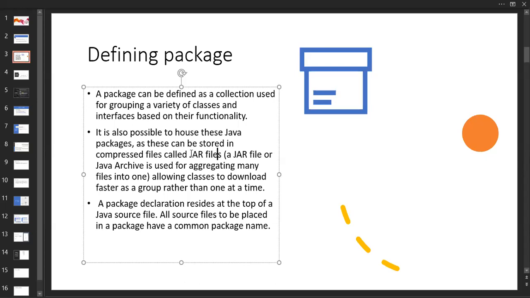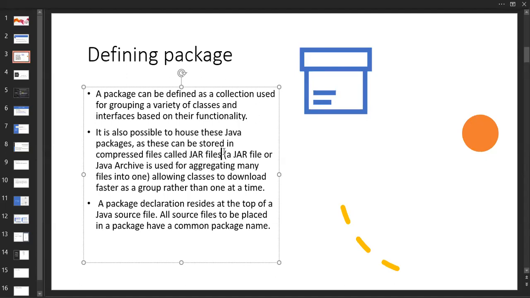But in Java, we go there and get the result only. It is executed there, not in our program. So compared with the C language, the performance of Java is better and it takes less time to execute. So this is the usage of jar files.